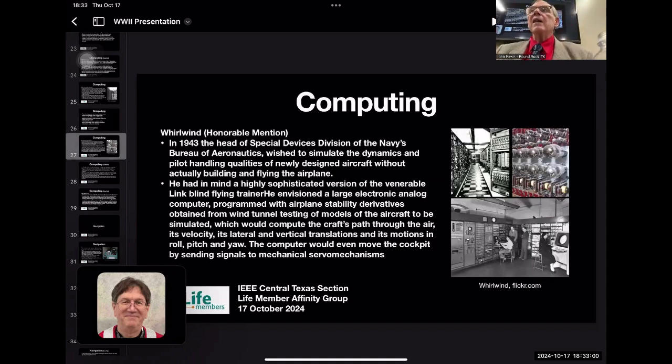Again, the last honorable mention is Whirlwind. In the Navy, they wanted to produce a simulator, a more accurate simulator. And the idea, to follow your question earlier about analog, thank you. Analog machines, that was his first solution. He wanted to take a Link trainer and instrument it and be able to give pilots a more thorough understanding of the